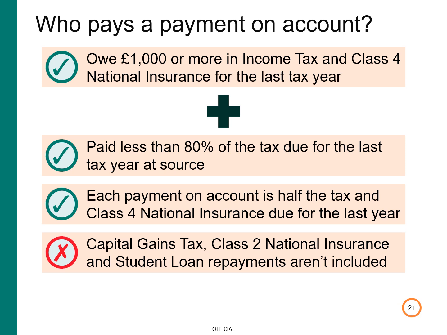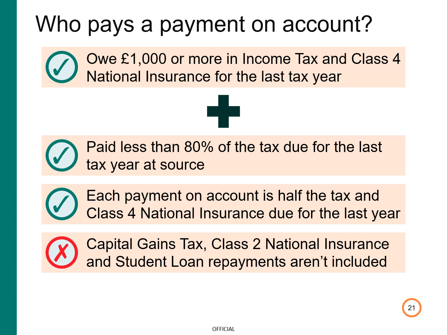So, when do payments on account apply? Firstly, you have to owe £1,000 or more in income tax and Class 4 national insurance for the last tax year. We then look at the tax paid at source in the last tax year, for example, through PAYE. If it's less than 80% of the tax due for the previous year and you meet the first condition,